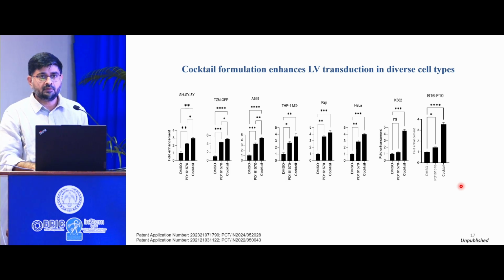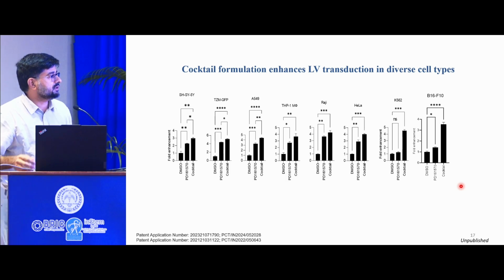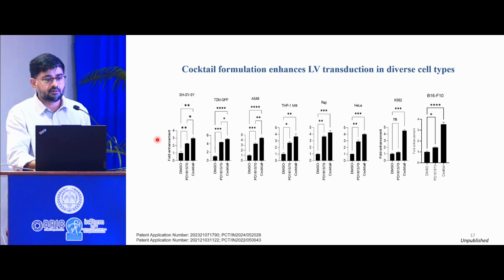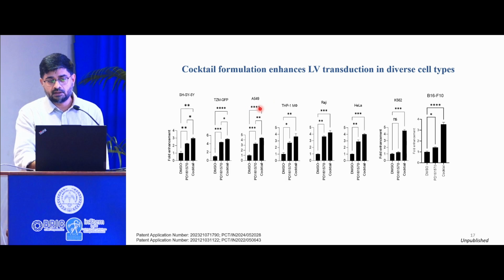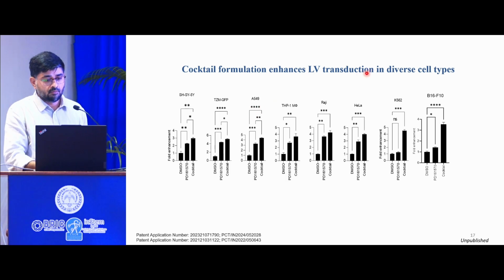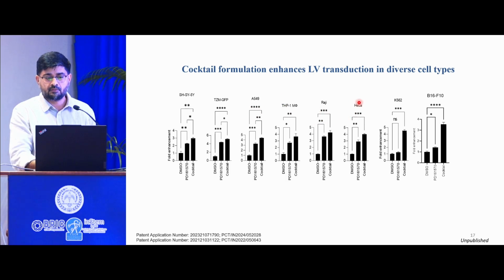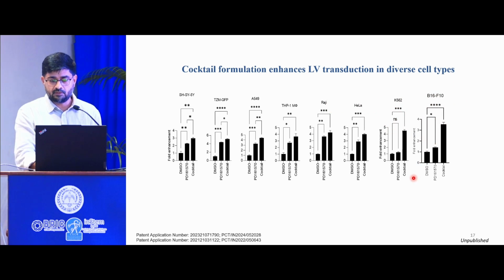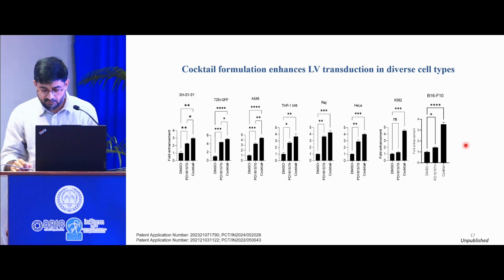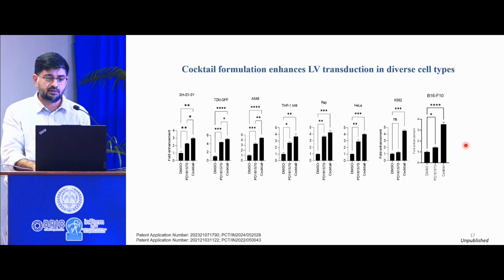So this cocktail formulation we checked in cells of distinct tissue origins like neuronal cells, epithelial cells, lung epithelium, cervical epithelium, monocytes, macrophages derived from the Raji cell line, which is a B cell line, and the cell lines that are routinely used, including the murine leukemia cell line and K562, where this PD-16, the EGFR target that we identified, was not showing any enhancement, but the cocktail formulation was increasing the transduction efficiency in these cell types.